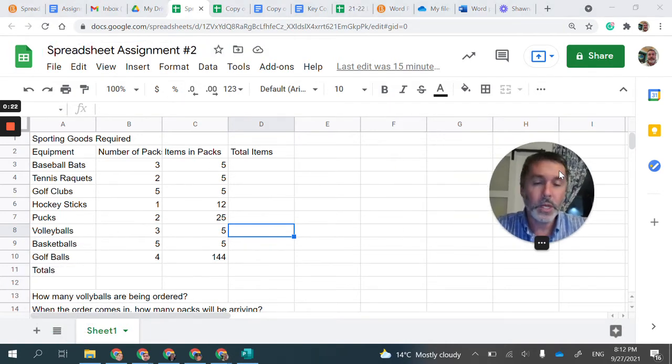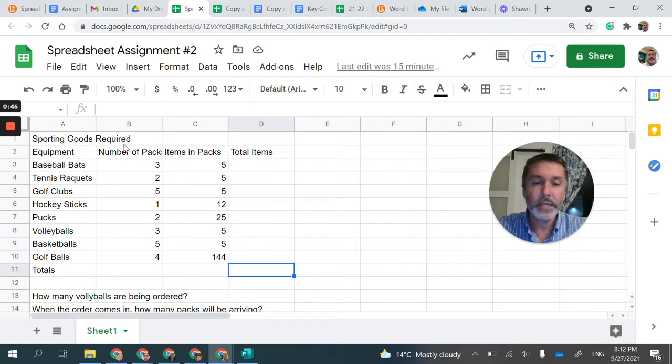And so what we want to do is we kind of want it to look pretty, but we also want to have some data. So you have to decide whether you want to format it first or get the data into the system first. I think it might help if I format it first. So what I'm going to do is